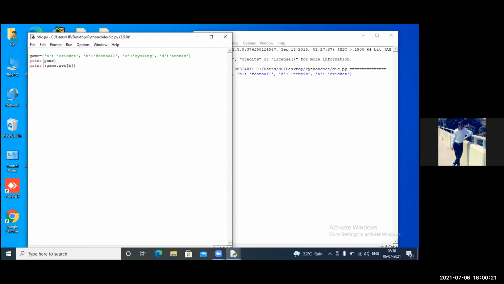Just only one bracket. No need, just clear all the things. Just let the print be there and clear all the things first. Game dot get b, whatever you have written, just delete it. Okay, now giving the first bracket, game.